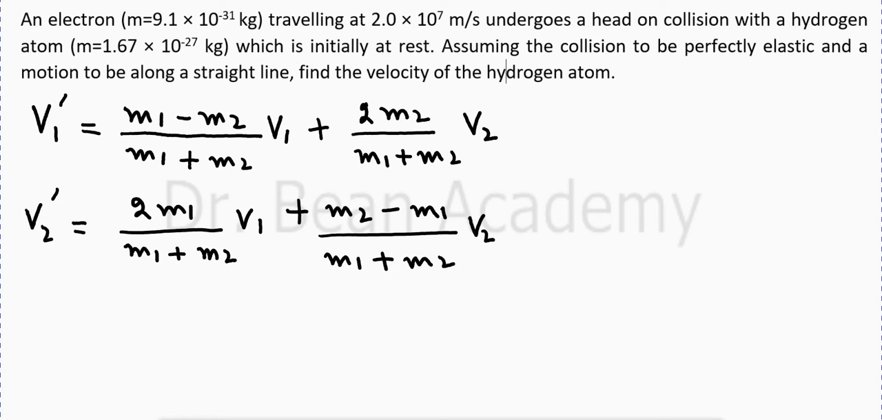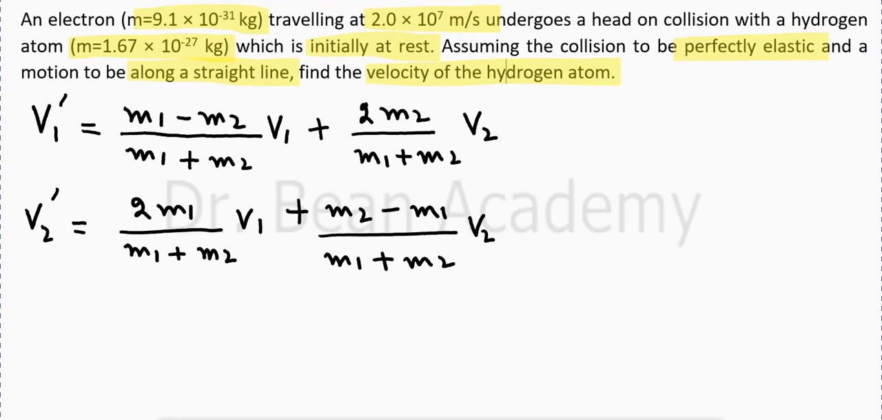An electron whose mass is 9.1 × 10^-31 kilogram, and it is traveling with a speed of 2 × 10^7 meter per second, undergoes a head-on collision with a hydrogen atom whose mass is 1.67 × 10^-27 kilogram, which is initially at rest. Assuming the collision to be perfectly elastic and the motion to be along the straight line, find the velocity of